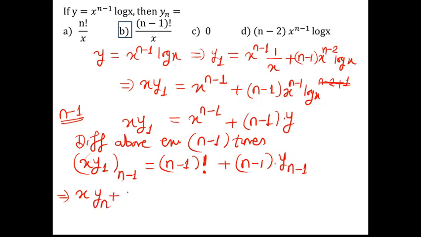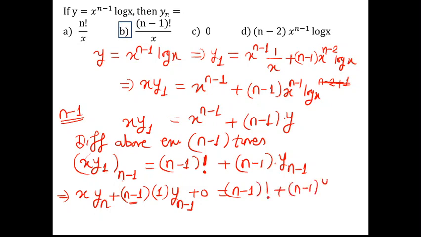Now n minus 1 times differentiation is done. So in the Leibniz rule, what we have here is n minus 1. Note, this is important. n minus 1 times we are differentiating, so n minus 1 must be there. Then differentiating x and decreasing the power of this by 1, so what we have is n minus 1. Now as this is getting further differentiated, the derivative of 1 will be 0 in the next term, so it's over in the next term, is equal to n minus 1 factorial plus n minus 1 into y n minus 1.